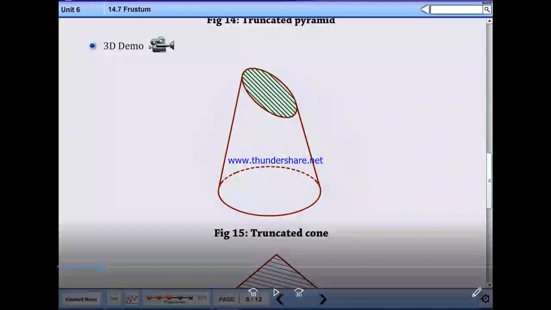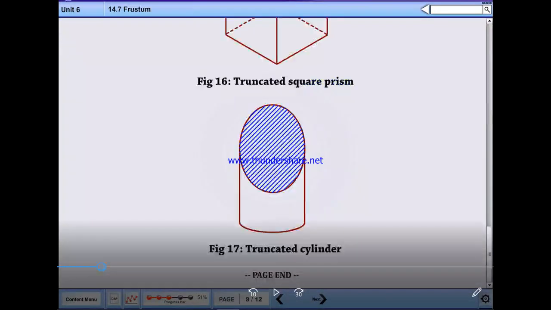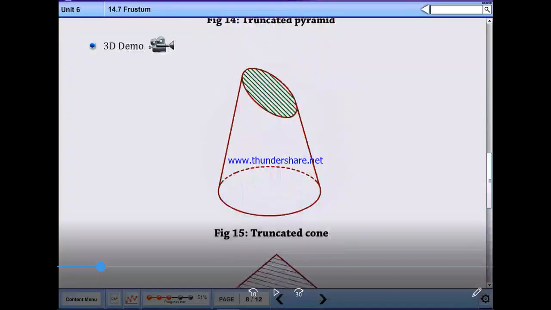Note the figure. Truncated cone. Truncated square prism. Truncated cylinder.